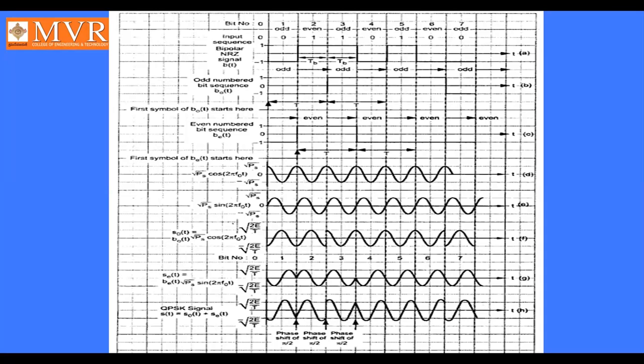And also we can write the next even number sequence, and it is multiplied by the local carrier, that is the cos signal here. Also we can multiply with a 90 degrees phase shift, and we can get the sine signal and this cos signal. So b0(t) is equal to the odd sequence and be(t) is equal to the even sequence.